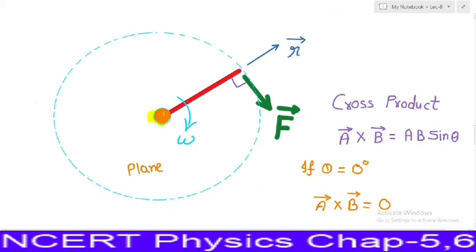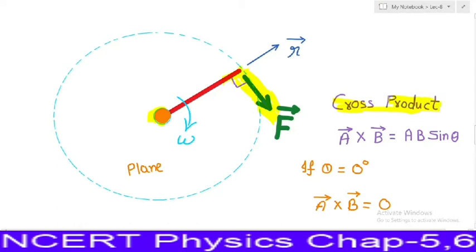Now if we take a second example of rotational motion, suppose this is a rod which is fixed about an axis, and now I want to provide rotation to this rod. So for maximum effect I should apply a force which is perpendicular to this rod. If I apply force perpendicular to this rod, then the maximum rotatory effect will come. So in these types of cases the cross product is used.